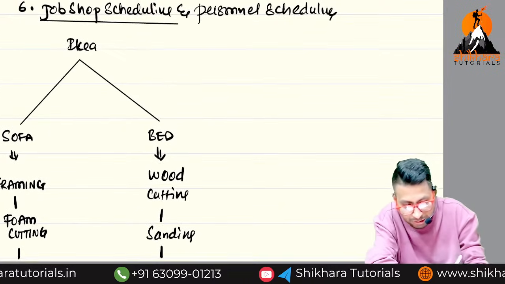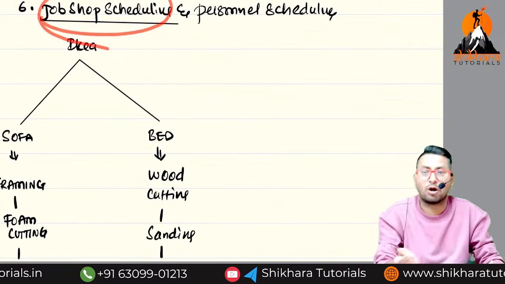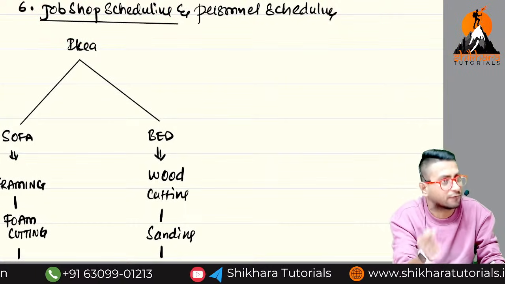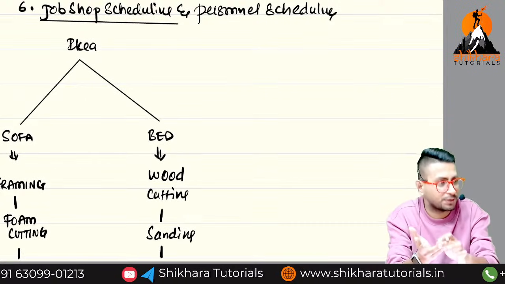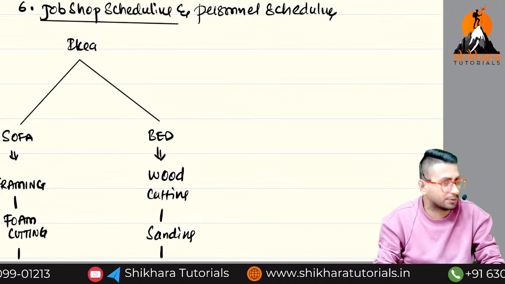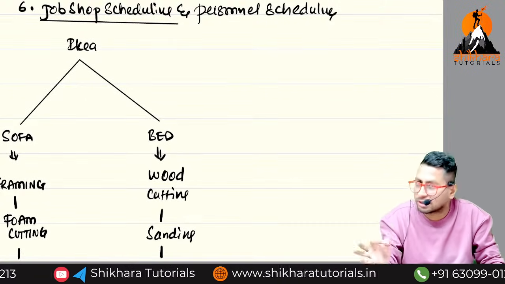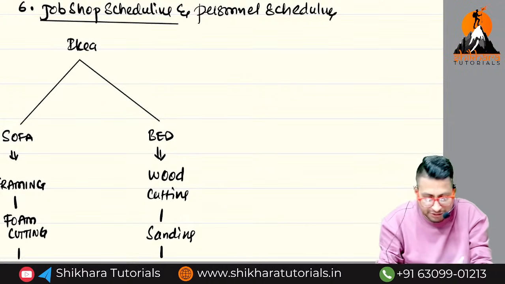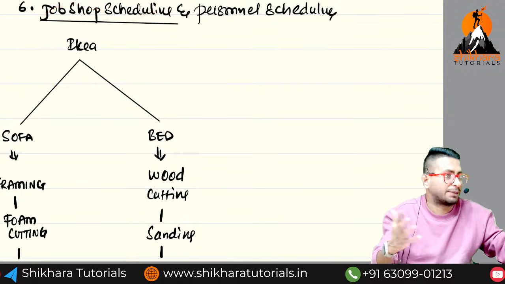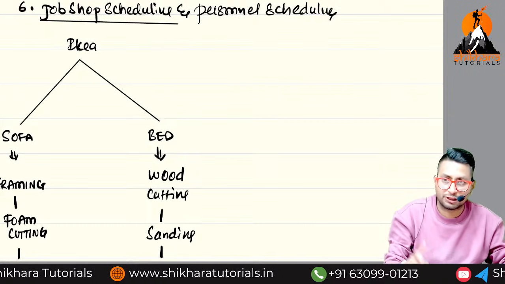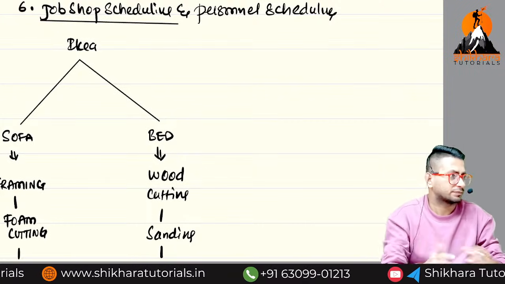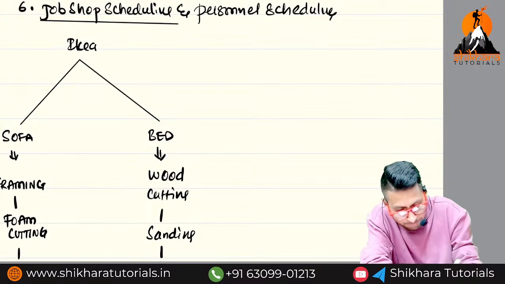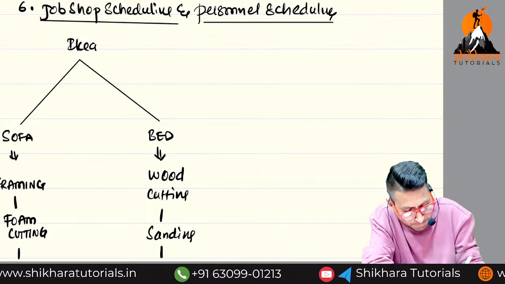That is called job shop scheduling. At what time, on which machine, which work will be performed, in a way that none of the machines is sitting idle. Best example I told, IKEA. Multiple types of furniture, they will use different machines or the same machine? Same machine, right? Simple. Then personnel scheduling, example hospital, Apollo.